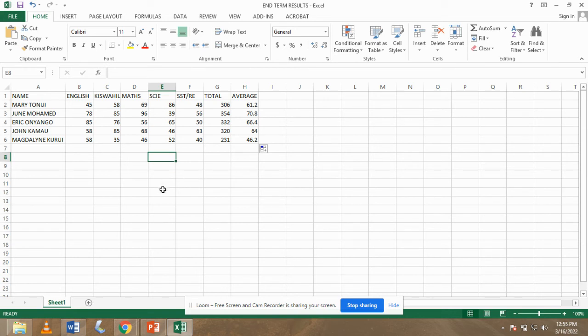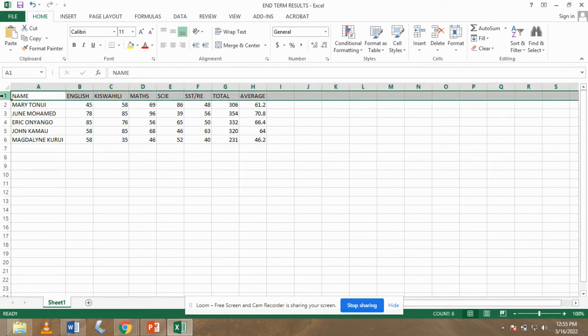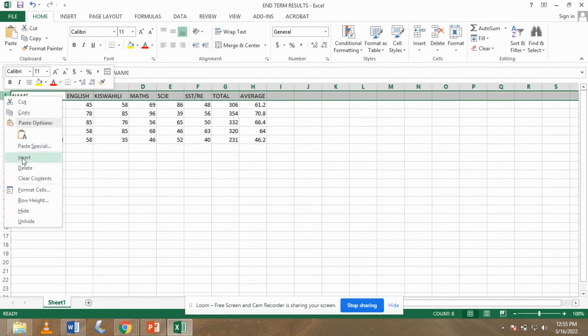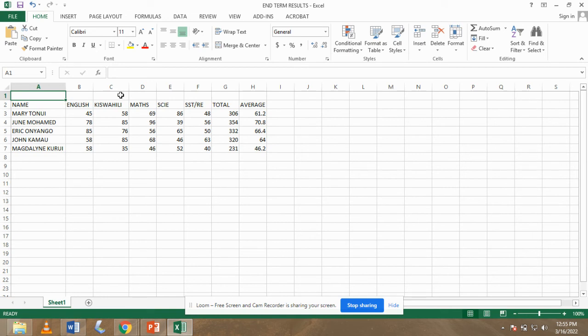So finally, for this lesson, you can now insert a title. We forgot to insert a title, but I left it intentionally so that I can show you how you can insert a row. So you click here, and then you right click, and then you click insert, and now you can type your title as